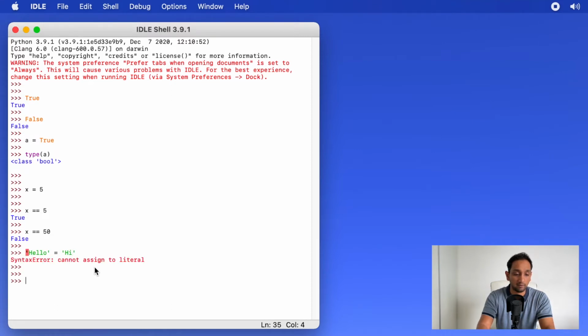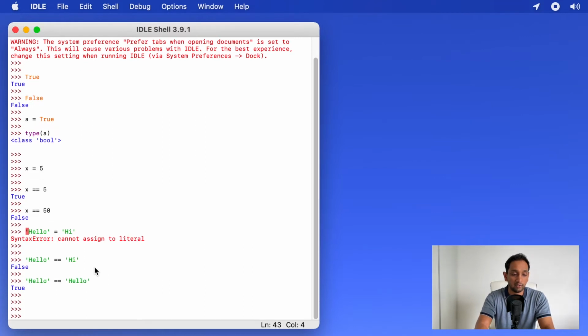It's going to return me, okay, I need to add another equal to symbol. And so now you can see that when I'm trying to compare hello double equal to hi, it's going to tell me false. But let's say if I type hello equal to hello, it's going to return me true. So this is how you can compare two strings,